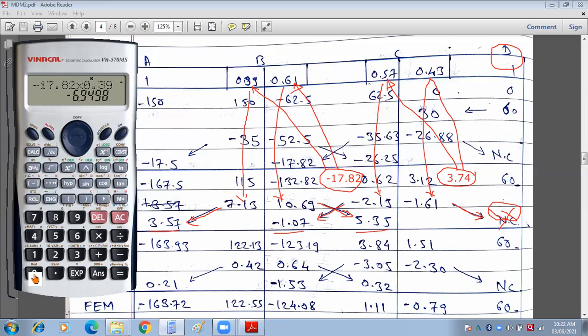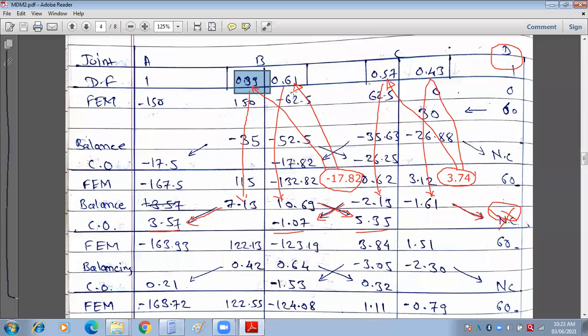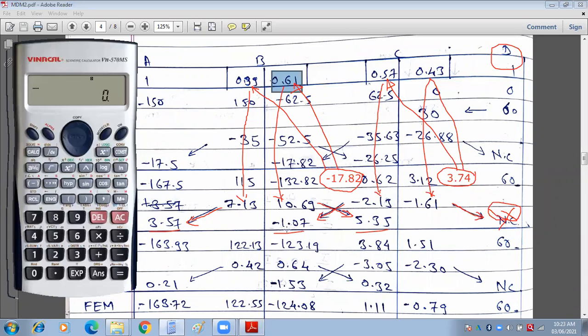Let us round up this value 0.4. 7.13. Now out of this 50% moment transfer to the next end, 50% carry 3.57. Now here again these values are rounded up, 0.4 and 0.6 is taken over here, that's why the values are mismatching. Now let us consider next term